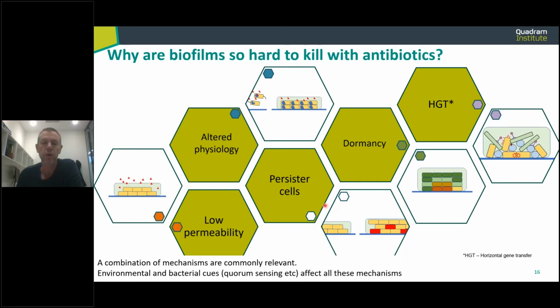Persister cells, we'll talk more about that in a second, but persister cells represent a subfraction of a population that are in a almost spore-like state, and are very, very hard to kill, and biofilms have a high proportion of persisters. Similar but not the same is dormancy, this idea that metabolic activity within a biofilm changes a lot. So you've got this diagram with cells at the edge growing more quickly and green, and ones at the bottom are red and not doing very much. And again, cells that are metabolically quite asleep and not doing very much are often a bit harder to kill.